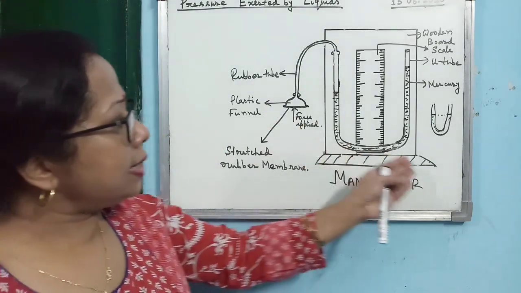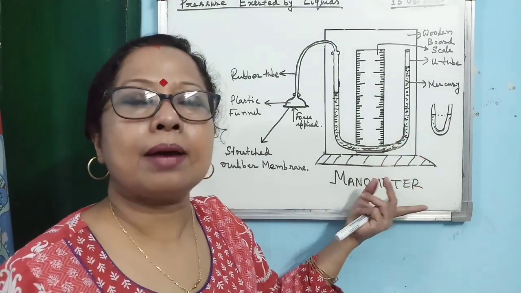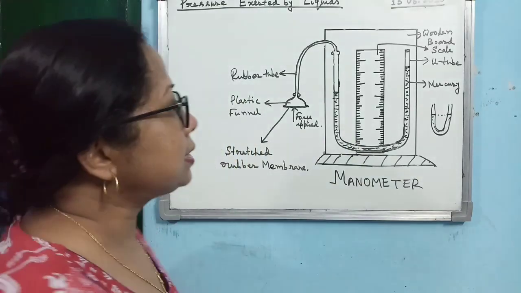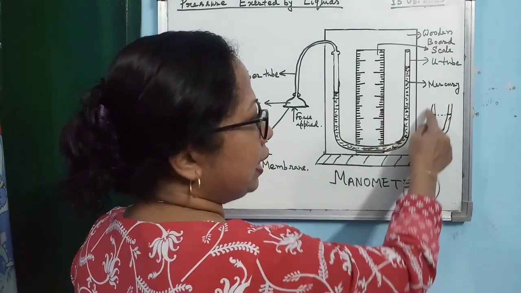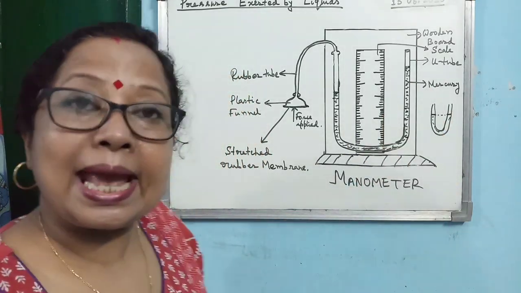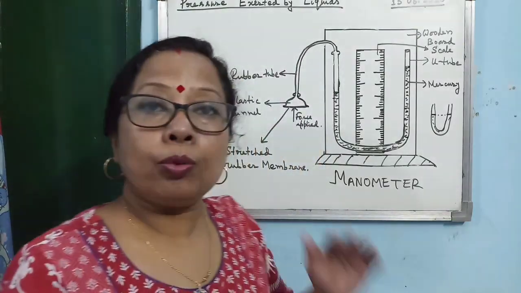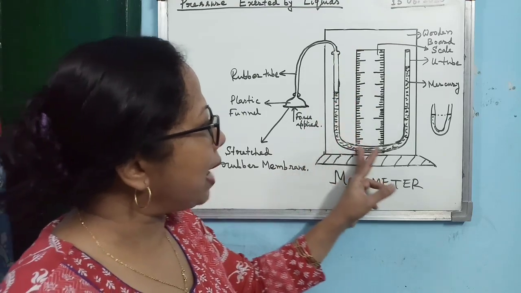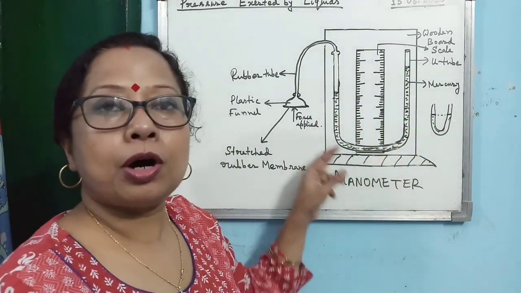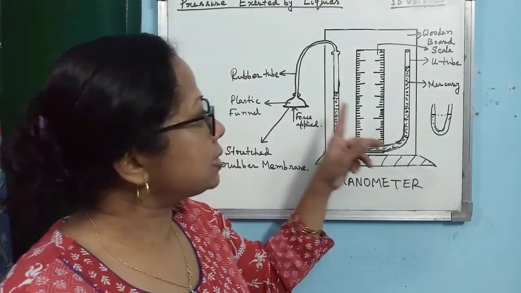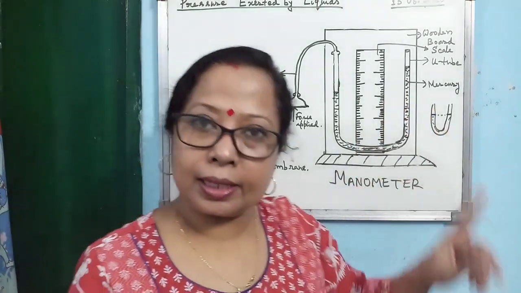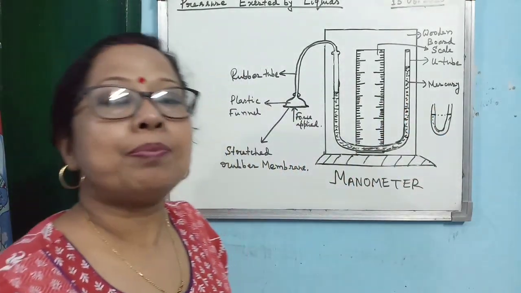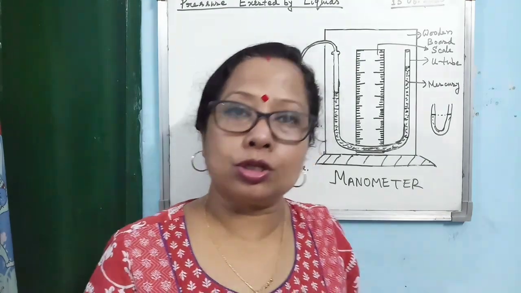Alright, and easily anyone can make a manometer at home. Instead of taking a U-tube made of glass, you can take any transparent plastic tube, and then you nicely bend it and give it the form of a U-tube. And instead of filling it up with mercury, you can fill it up with colored water also.